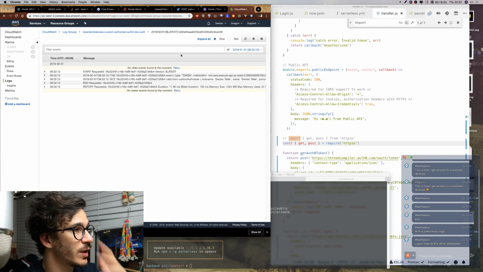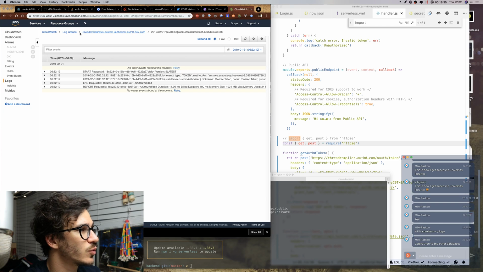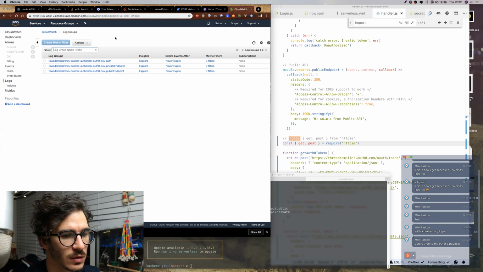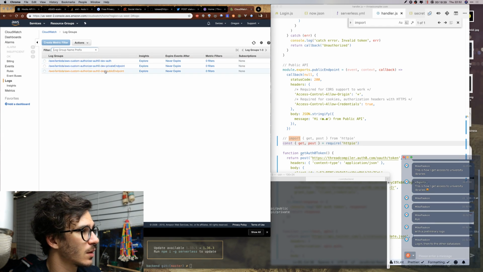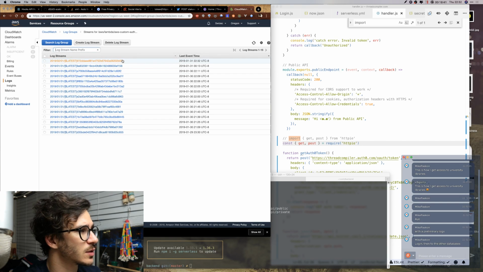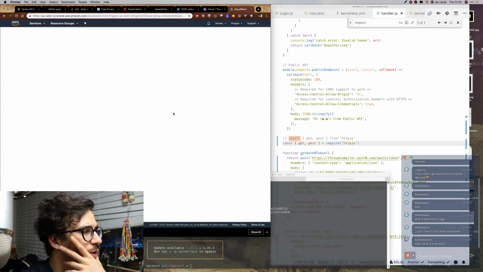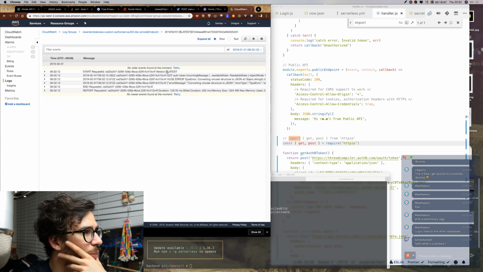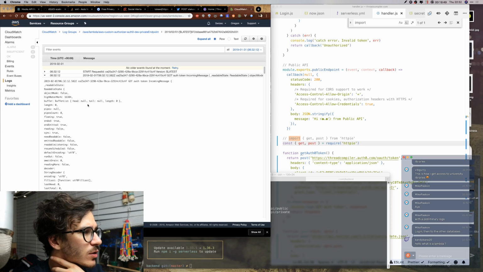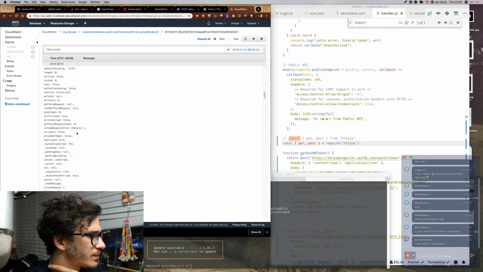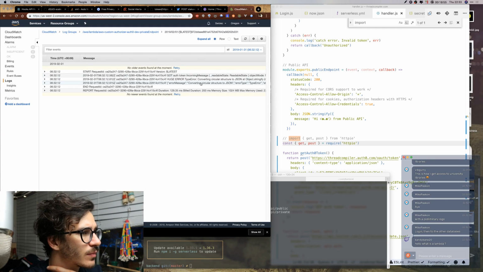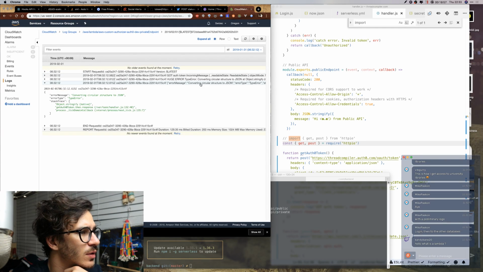What's a 502 error? So that looks like it worked. Did we get to the private endpoint? Yes, we called that one. That's great. Okay, so we got the auth token. What? That's disappointing. And then huge error converting circular structure to JSON.